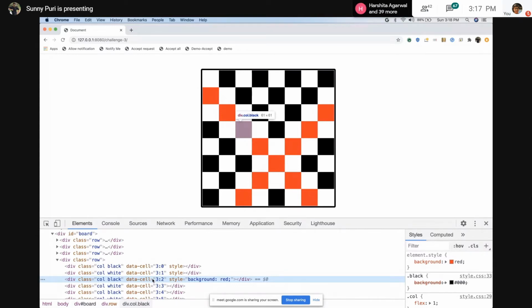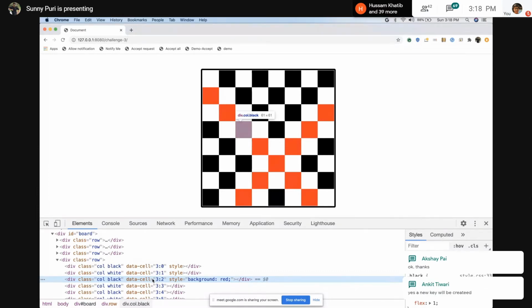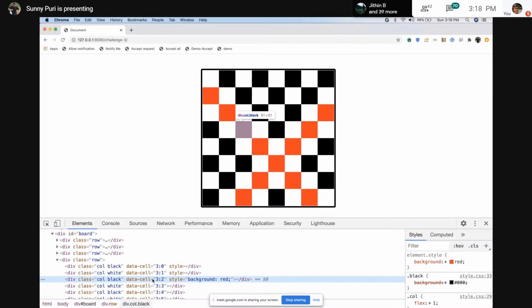We are not worrying about all these things, but yes, it's fine. You can have X and Y as well. It will create a new key, then again you will look for that. You can use both, but taking one place is also fine. Let's not make it more complex.